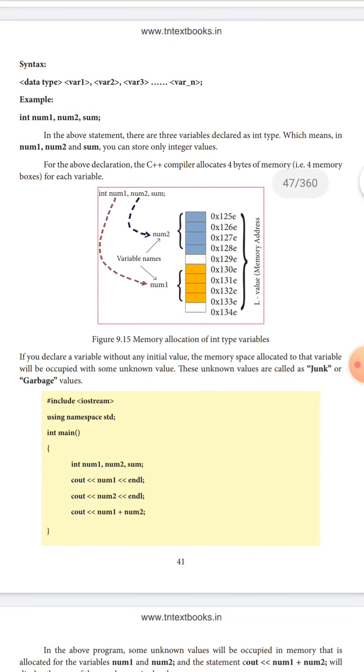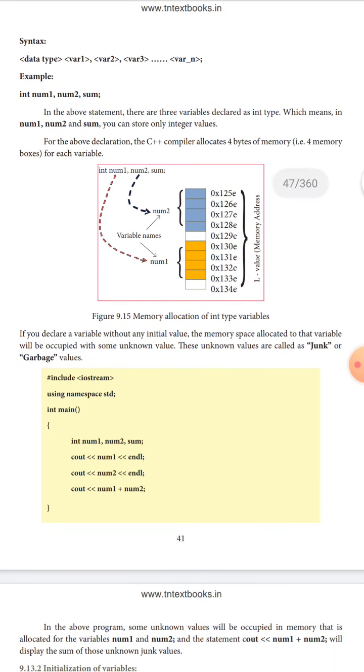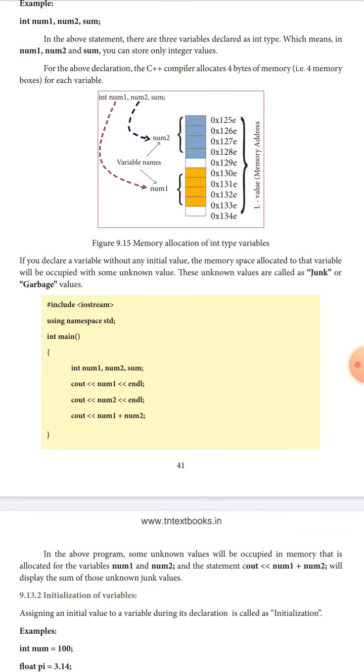If you declare a variable without any initial value, the memory space allocated to the variable holds some unknown value. These unknown values are called junk or garbage values. Here is an example: using namespace std, int main, with integer variables number1, number2 and sum.